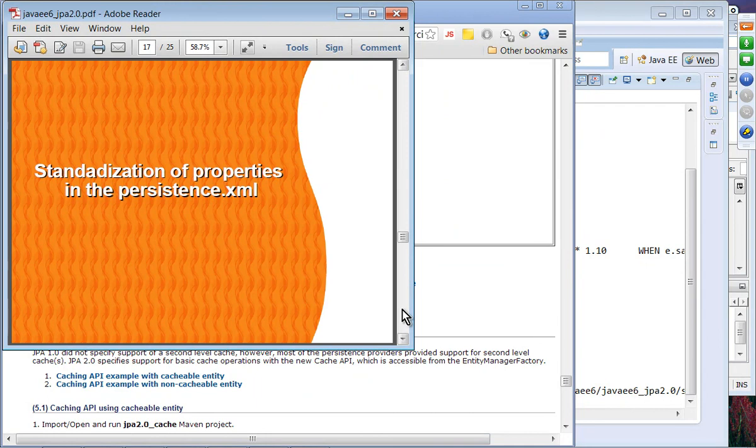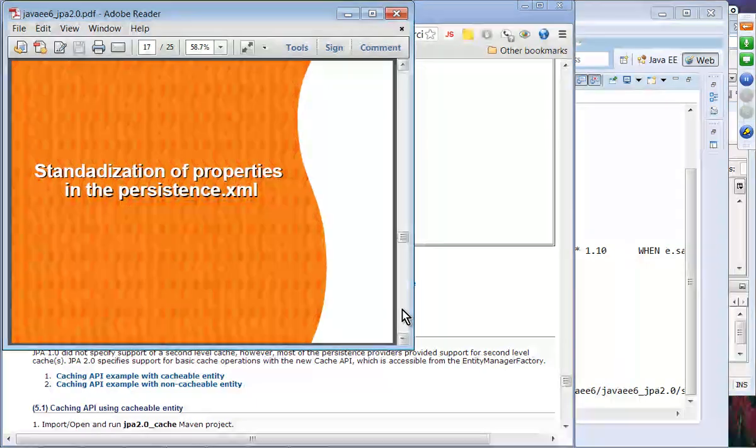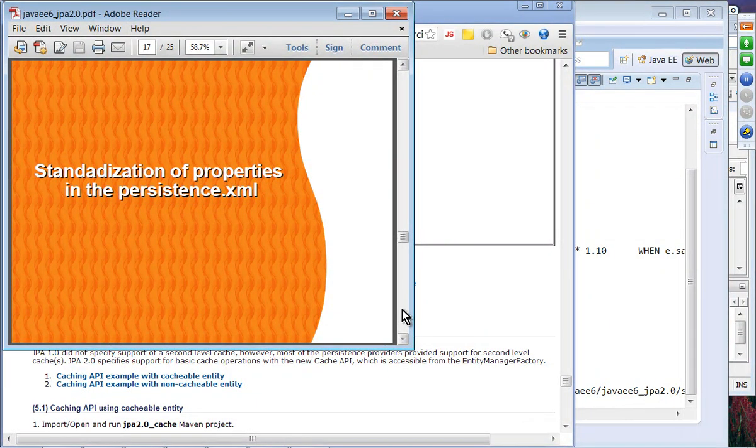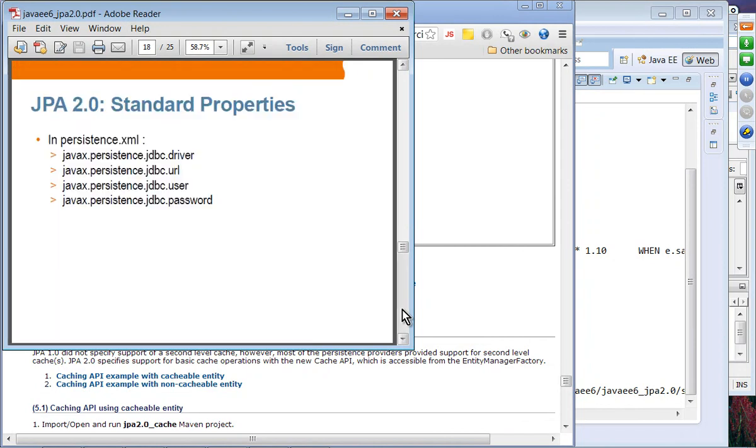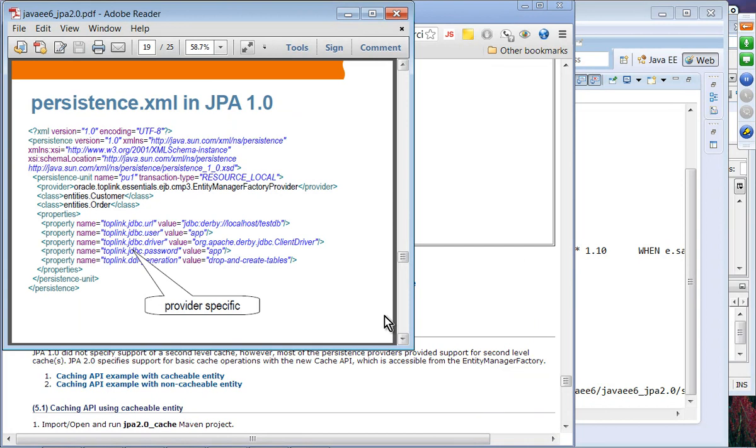Oh, one more thing before we move into caching. Standardization of properties in the persistent XML file. So in JPA 2.0, these properties are actually standardized with these values. If you take a look at JPA 1.0, the values of, for example, the driver and the password and things like that are actually provider specific. So in this case, TopLink. We are using TopLink specific